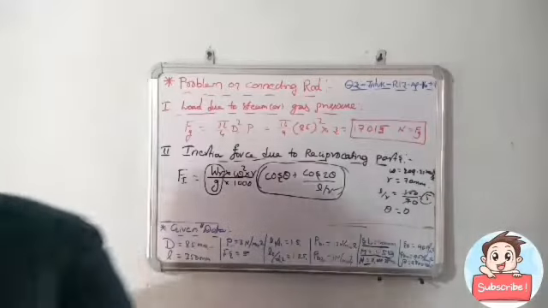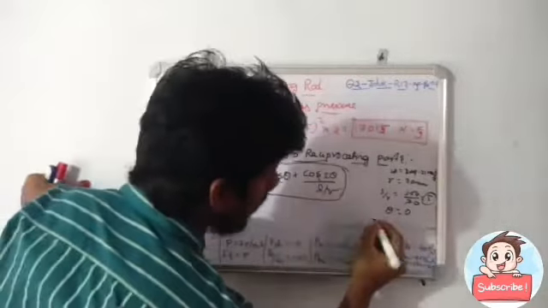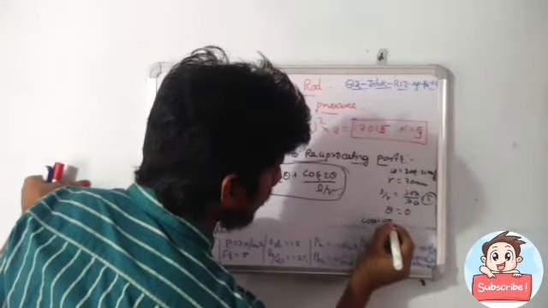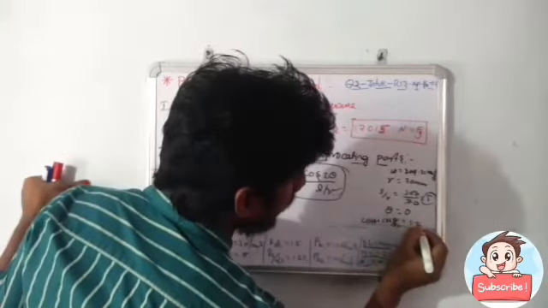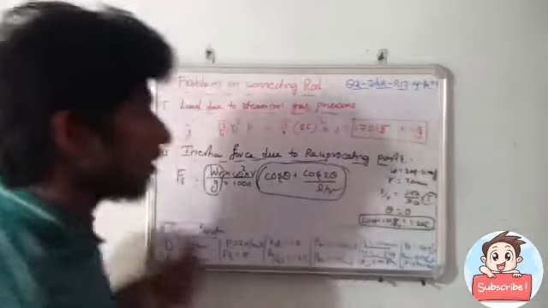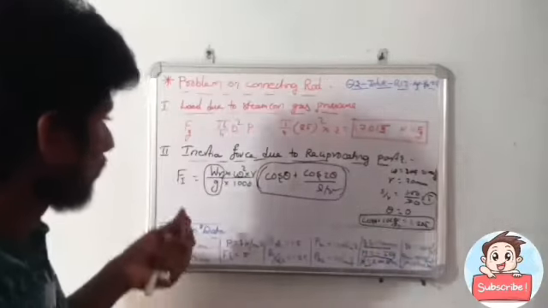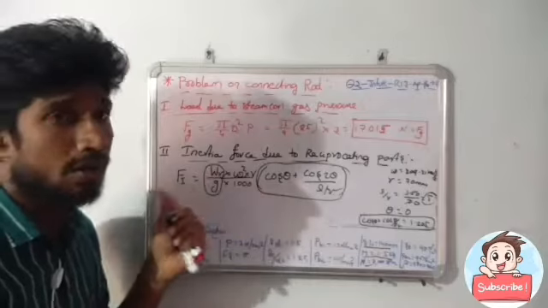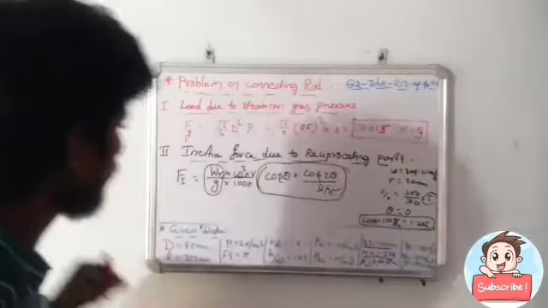At this condition, the inertia factor value, that means cos theta plus cos 2 theta by L by R, I get 1.205. This is about the inertia factor with the help of the design data handbook. So now see that formula. Here we know each and every value. By substituting these values, we get the inertia factor. Let's substitute these values here.